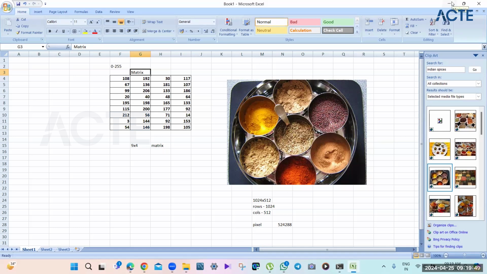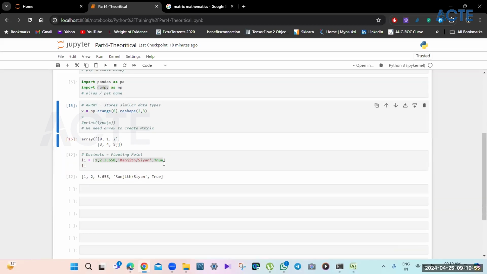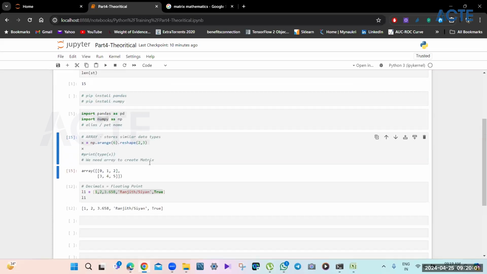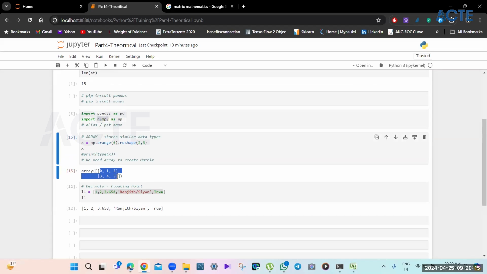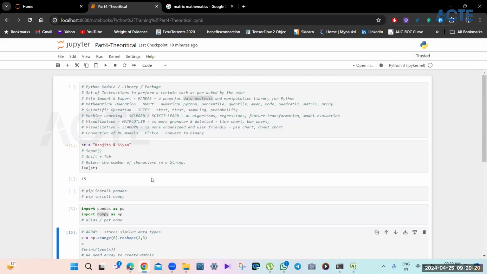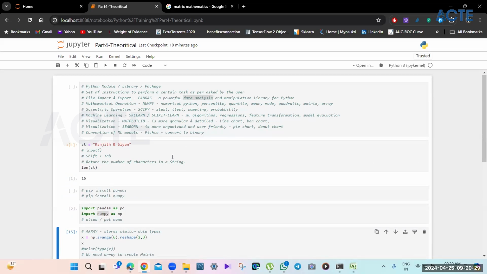Okay. So I just gave this example to let you understand why we need a matrix. So that is the reason we need matrix. And matrices can only be created with the help of this package, which is NumPy. Without NumPy, you cannot create a matrix. Actually, matrices are an advanced level of arrays. So array is one-dimensional. If there are multi-dimensional arrays, like three-dimensional, that is a matrix. Okay. So that is how we store high objects in a computer. So these are the different packages that we have.